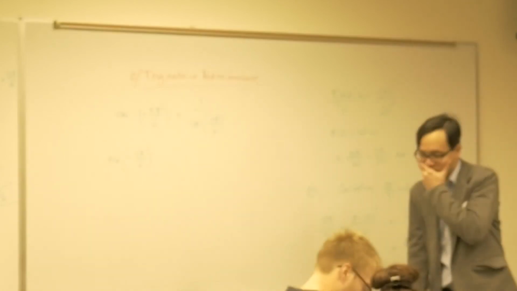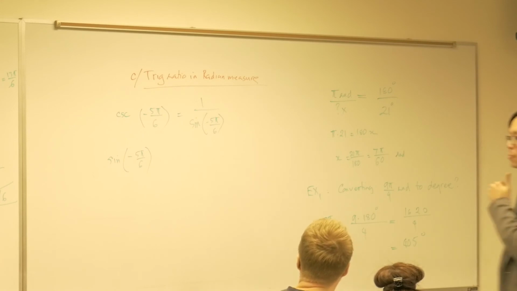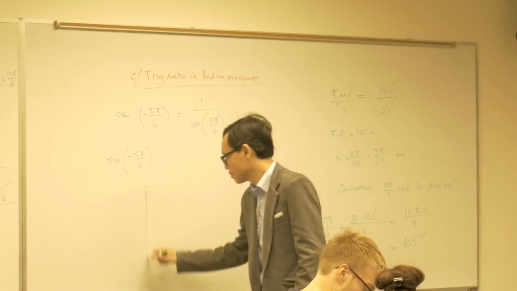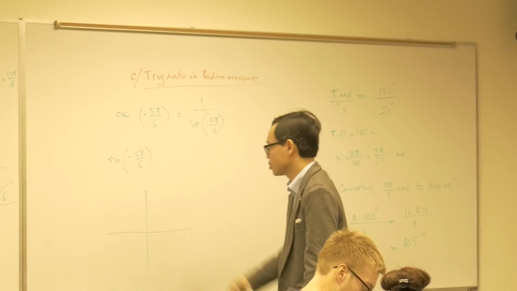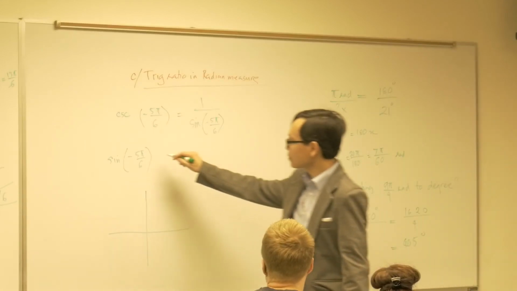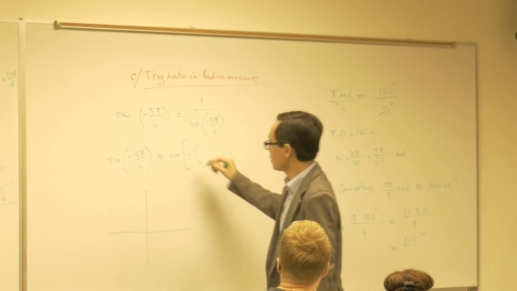Again, a negative value means we go clockwise. But how much do we go? Let's see. We have to convert negative 5 pi over 6, so I can write this as negative, parenthesis,